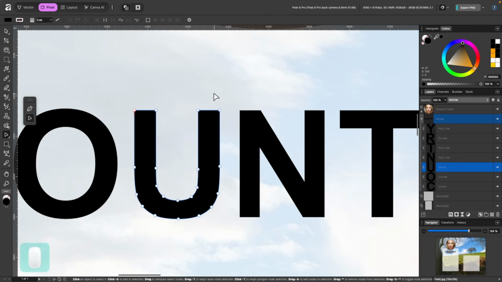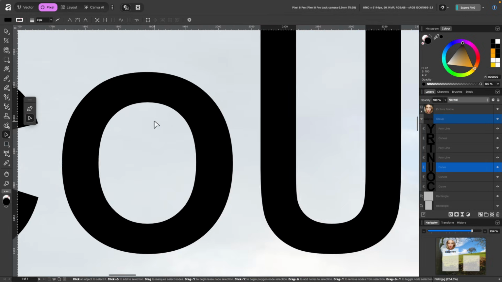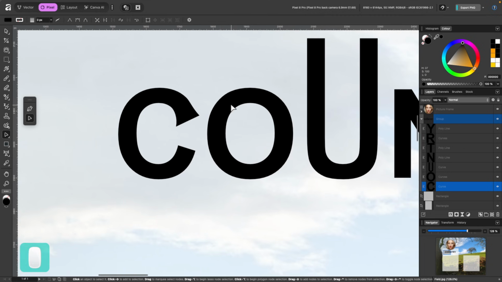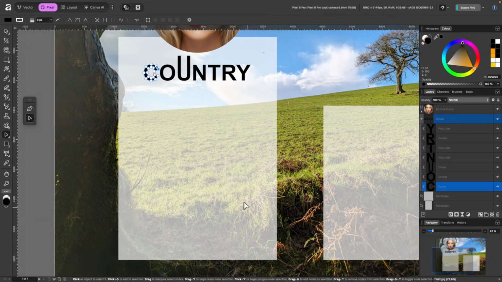So I'm going to go ahead and zoom in, and you see now that I have selected one of these layers, the U, it's automatically switched over to the node tool. So I can just use the marquee to drag over those nodes there. I'll hold shift, click, and drag up. So you see I can customize all of this a lot more. So I'll just drag these two out a little bit. Yeah, I'll finish it there. So very customizable.